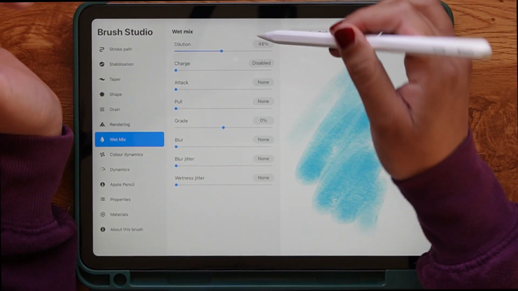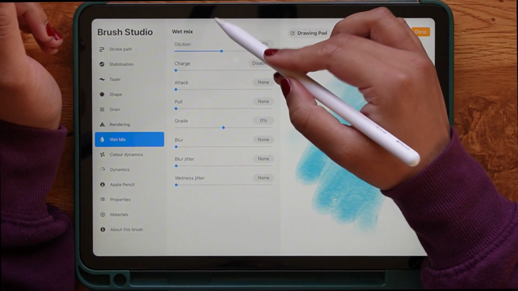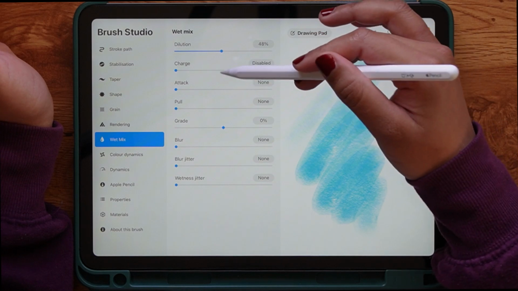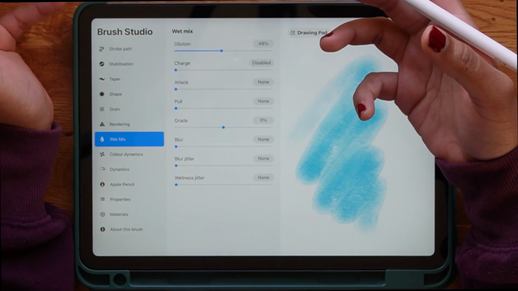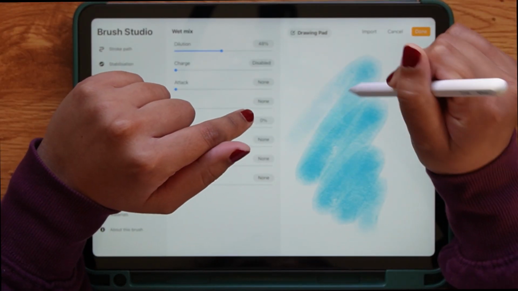So if you set one setting to a particular value, the other settings behave accordingly. And that's the reason why I'm setting the dilution to some amount. Now the next two settings that we have, charge and attack, they sort of produce the same result but from different perspectives. And when I say perspective, I mean the perspective from the pencil as well as the perspective from